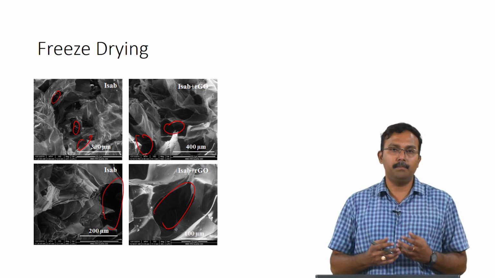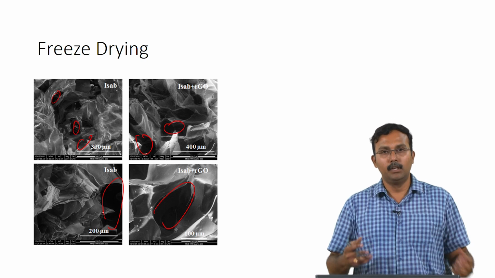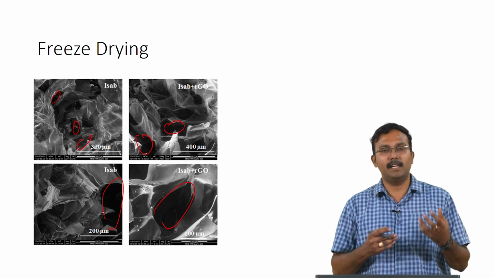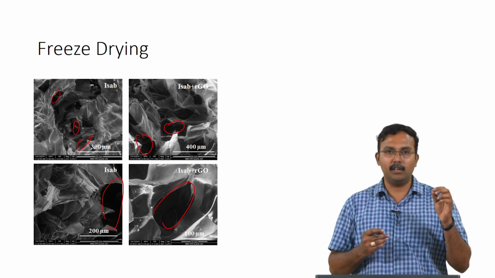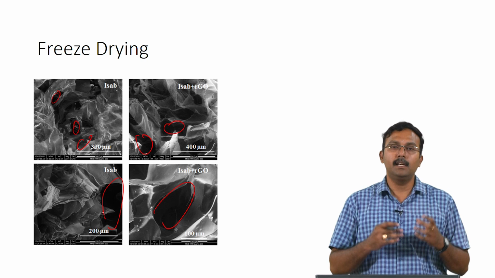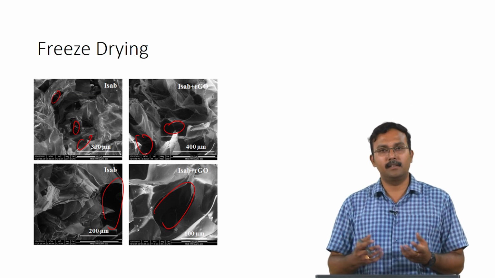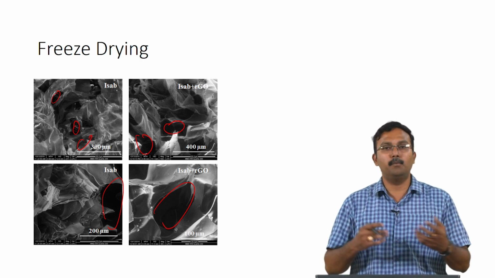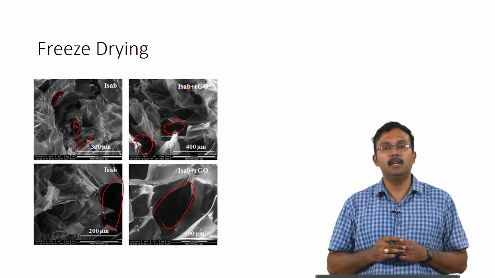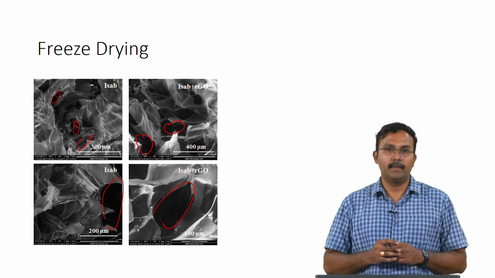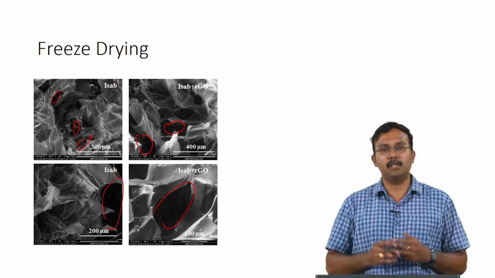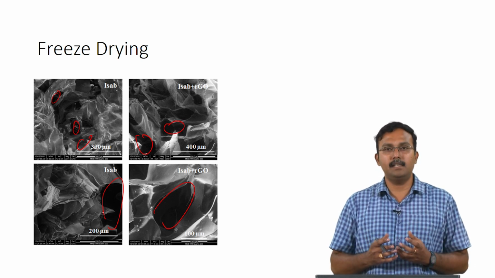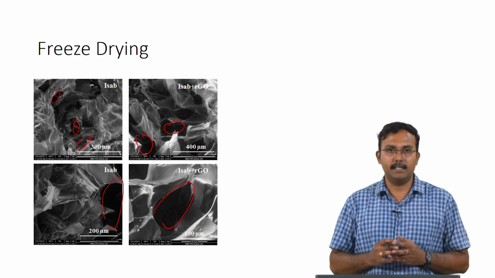We will look at the principle which causes this kind of porous structure. In the earlier cases where we looked at salt leaching or gas forming, it was quite simple. We had the salt crystals which got washed away, creating the pore. You had the gas forming salt, which then released the gas, which could be ammonia and carbon dioxide in the example we showed. This caused the pores. However, here where are the pores coming from? We only did lyophilization. For that reason, you need to understand what the process of lyophilization does.